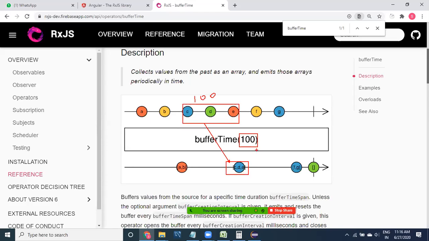You may take the example of clicks. Previously we worked with the latest one, where you may click so many clicks but it takes only the latest one in 1 second. But now, all the clicks in that second are going to be taken into one array. That array is going to be displayed.